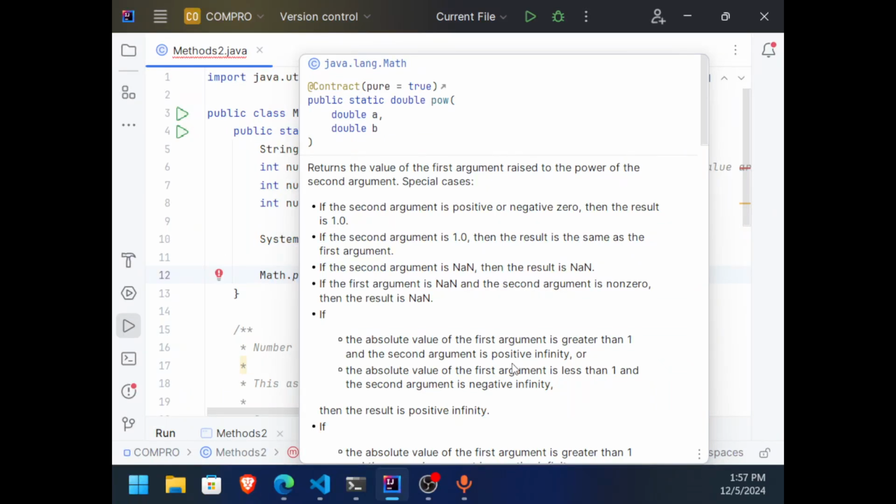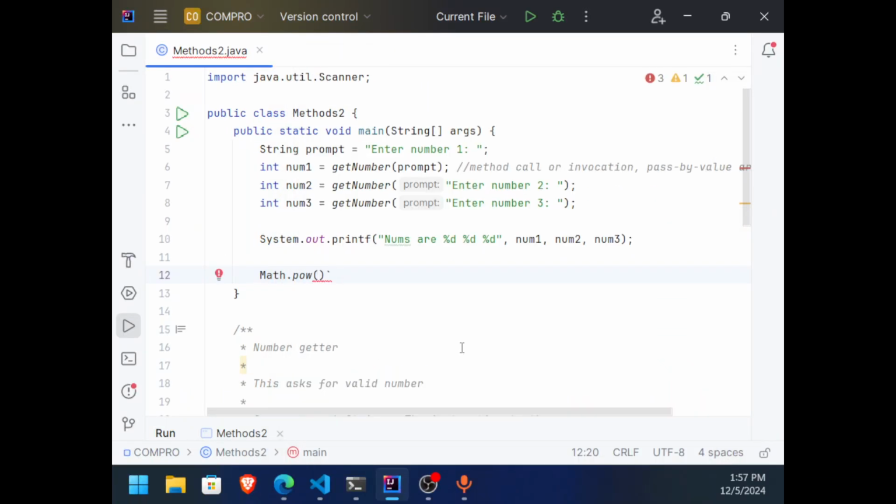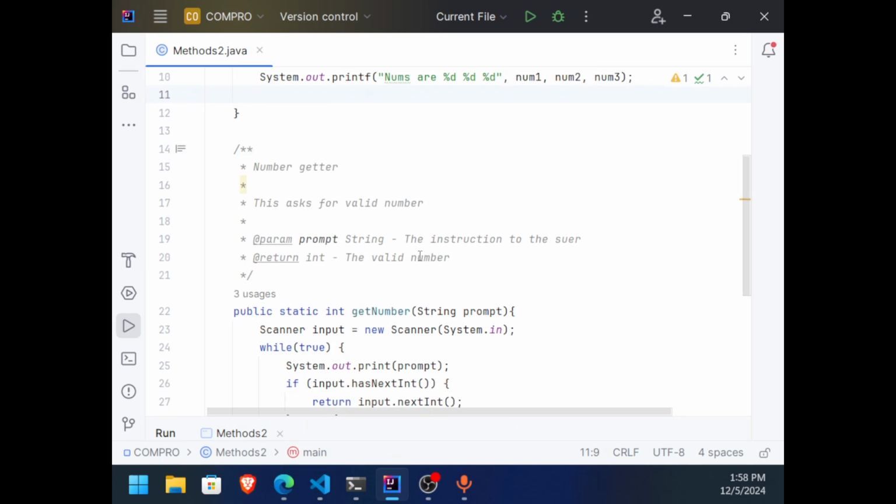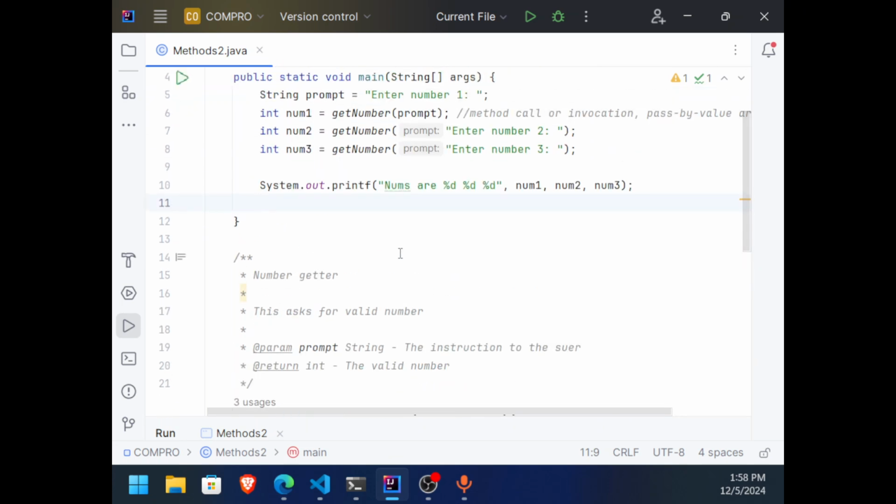The purpose of that is it aids you as a programmer to properly use that, especially when other programmers are going to use what you have created when you publish your code later on. What are other things that I can basically simplify the use of and place in a method? As you can see, System.out.printf is very long, right? I can basically simplify that.